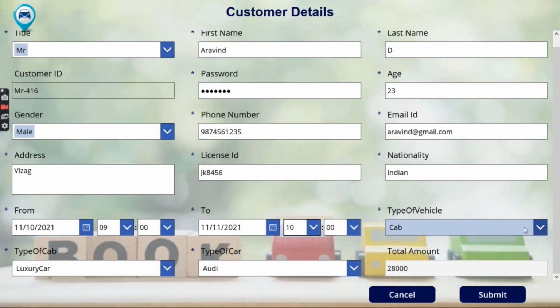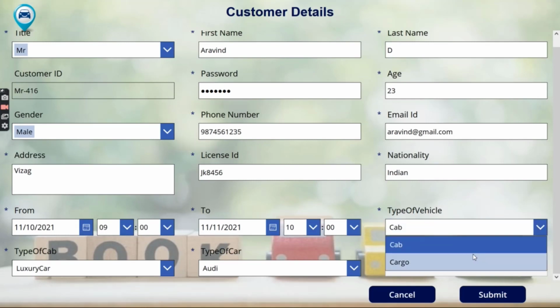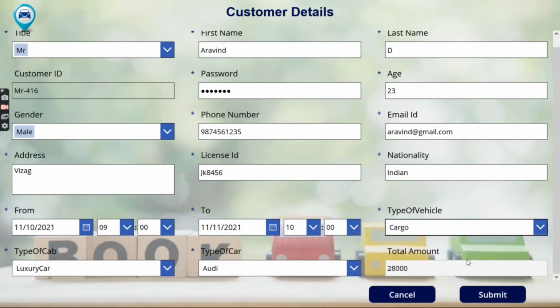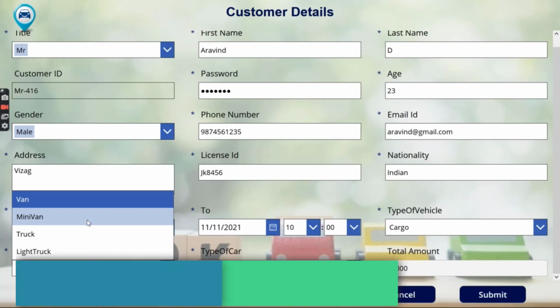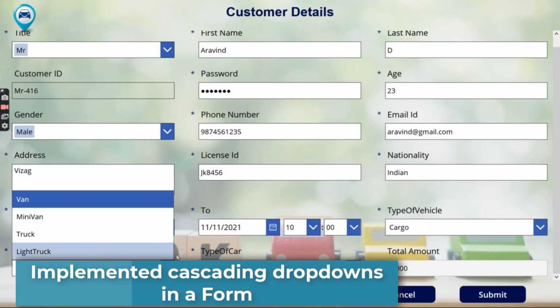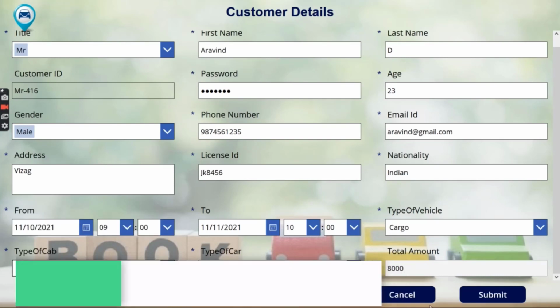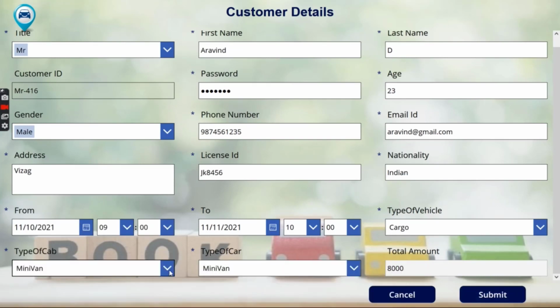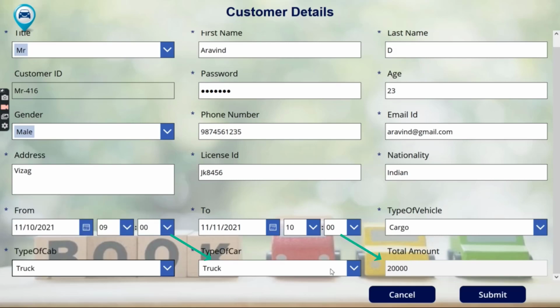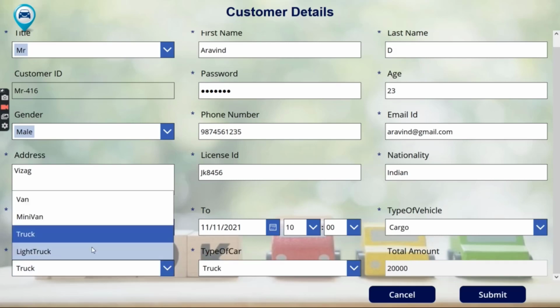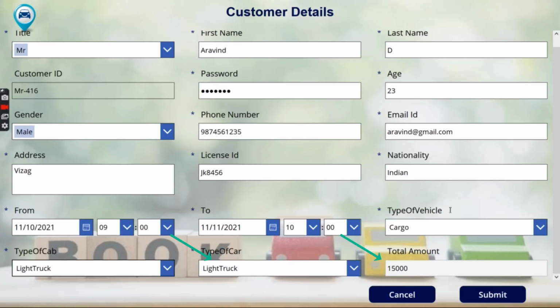Okay. Here the types of vehicles are two types. When we click on cargo, the type of cab will move to these types: van, minivan, truck, light truck. Here each vehicle has a different amount. Here we can see that truck has 20,000. That is the rental price.